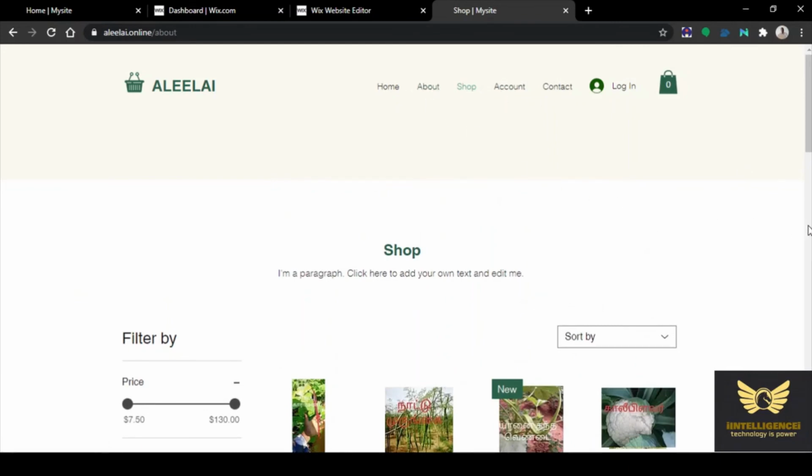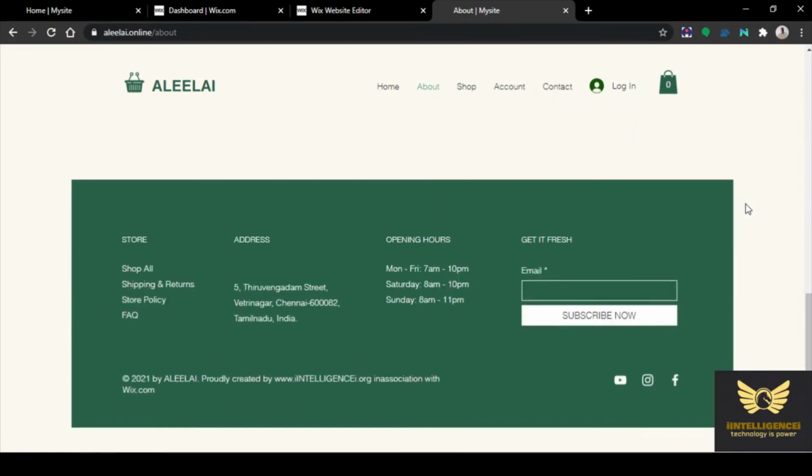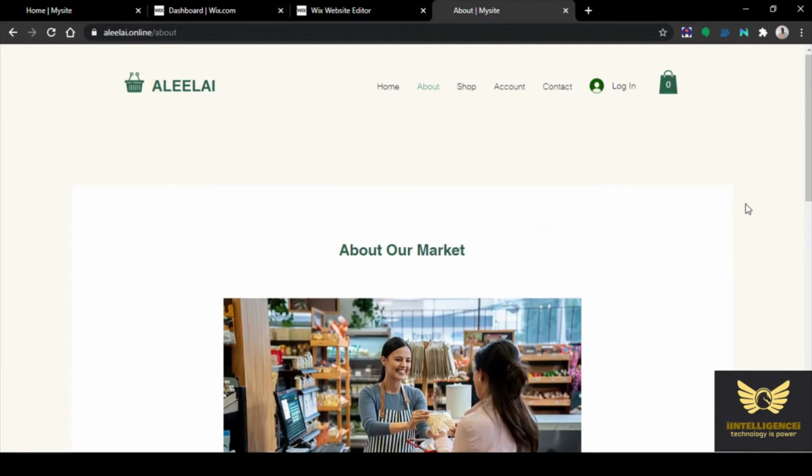So let us see all the sites. About our page, they have given the random text option, so you need to provide all these details and customize it based on your needs.